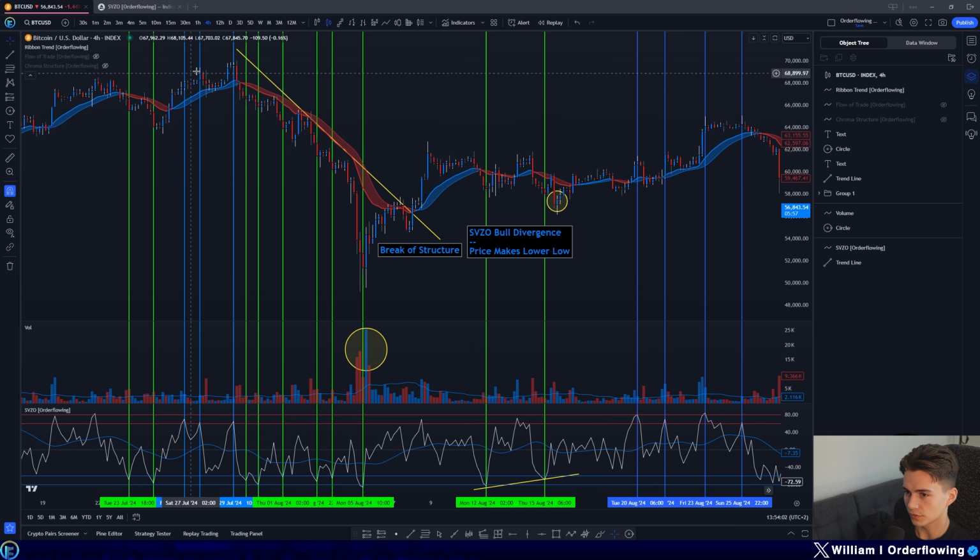Then we changed the structure here to the uptrend, and the tops of the SVZO marked out the highs of this. Afterwards, we went into this big downtrend, and all of the bottom touches of the SVZO indicator were places